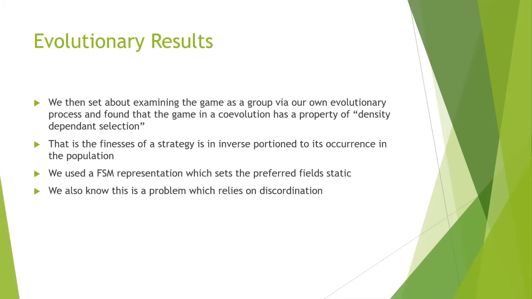That is, if I have too many clones of my strategy, I actually do poorer than if I was a strategy all on my lonesome, which in some ways is very different than what we see in the dynamics of Iterated Prisoner's Dilemma, where we have this idea of an evolutionarily stable strategy, one where it takes over the entire population.